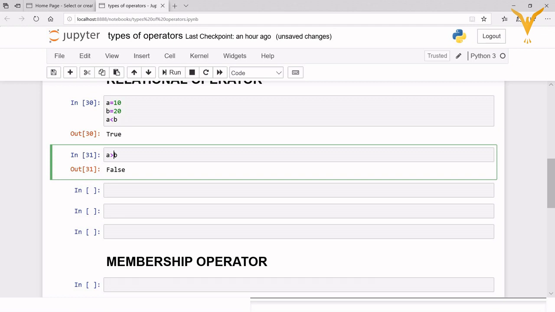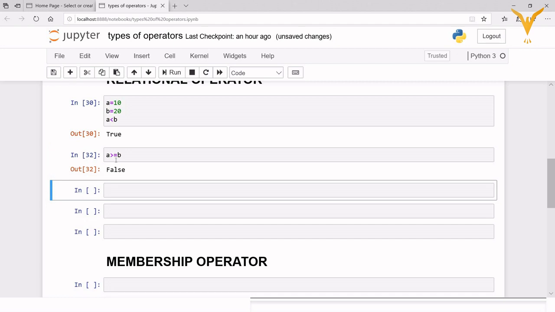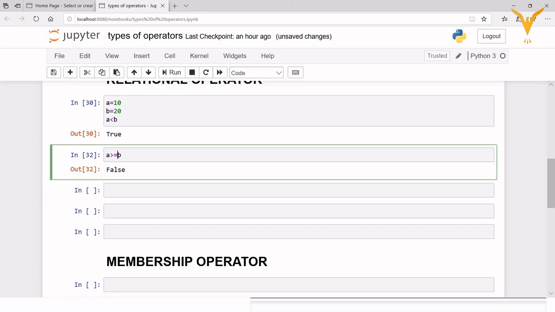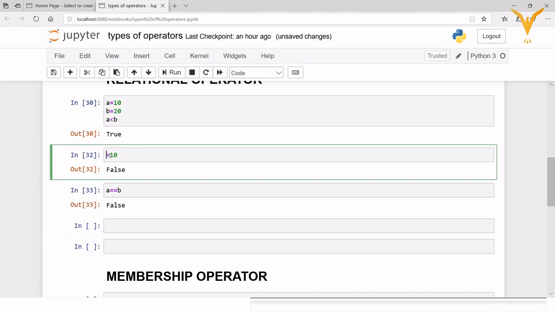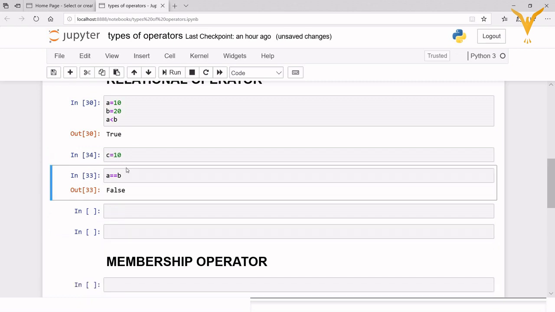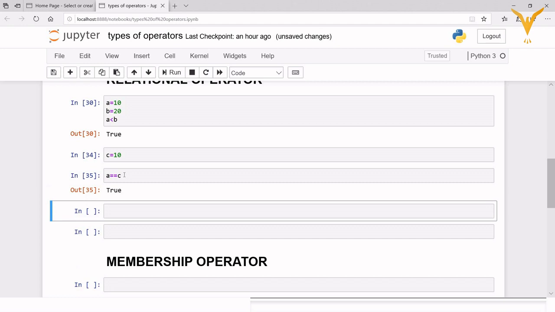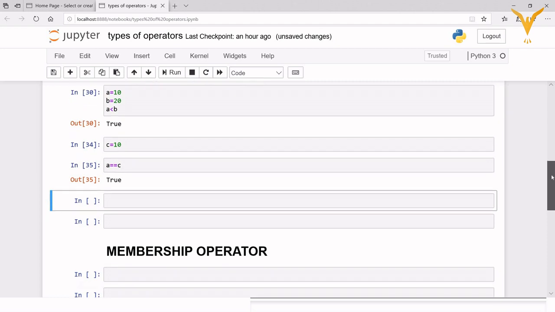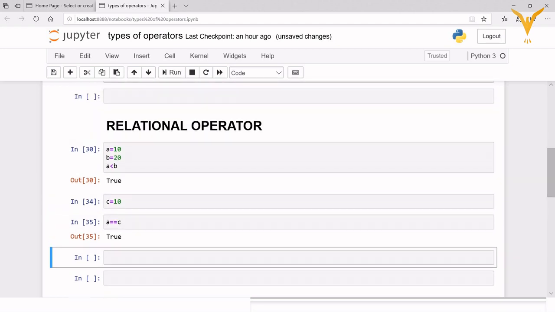If I write a greater than equals to b, this will also give me false. Equals to: let's change the variable name as c, and now we'll check a is equal to c. Yes, it will give you true. So these were some of the examples of relational operator.